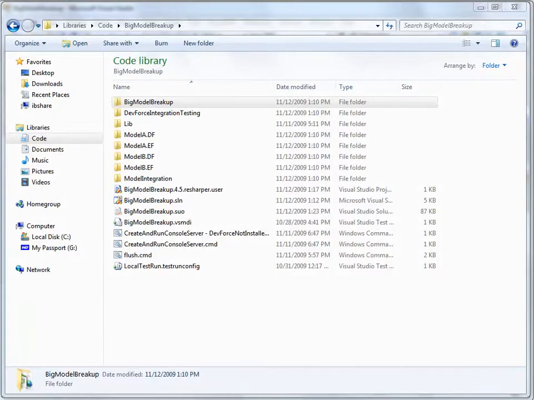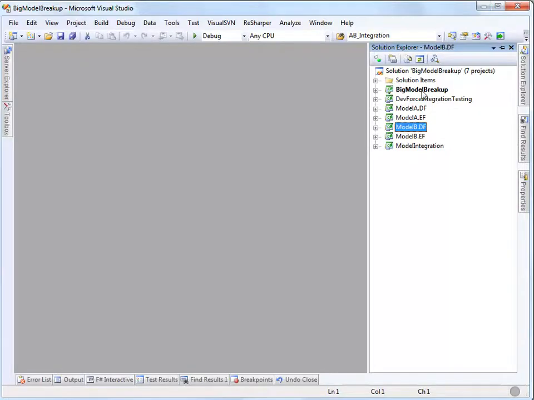After you've unzipped the application, you should end up with something like a big model breakup folder, and inside it are a bunch of subfolders, each holding various projects in the application. And there's the solution to hold it together, and there's a couple of command files that we'll be talking about a little bit later. When we open the solution, it looks a bit like this. Big Model Breakup is itself the main project that contains the tests that we're going to run, the tests that will illustrate how you can work with